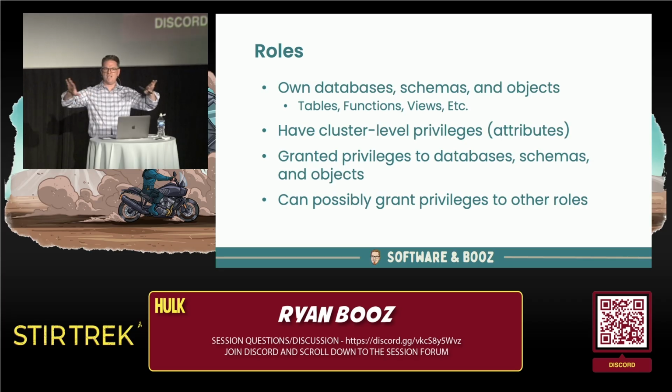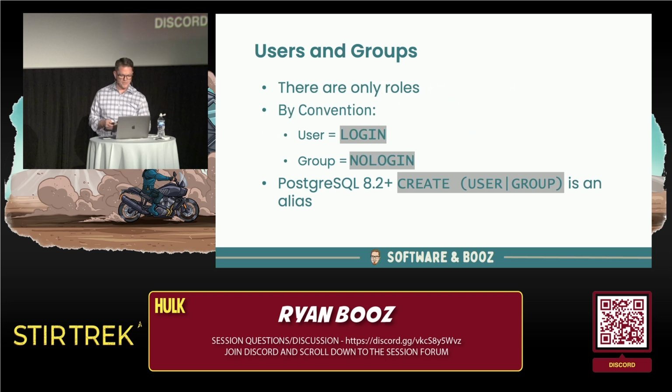So there's kind of two sets of things. One is, as a role when I connect, what are some of the things I can do at the server level, separate from what are the things I can do at the object level, databases, tables, and so forth. And they are two different lists. And a role can be given the authority to grant privilege to other roles, right? They don't have to be, but they can be given that privilege, which can be beneficial, and we'll see why.